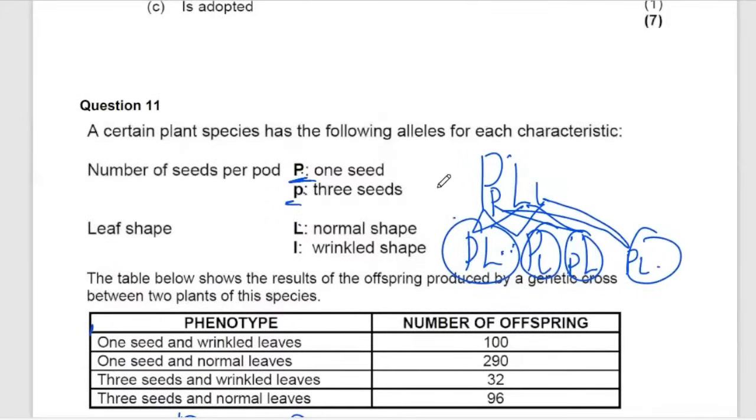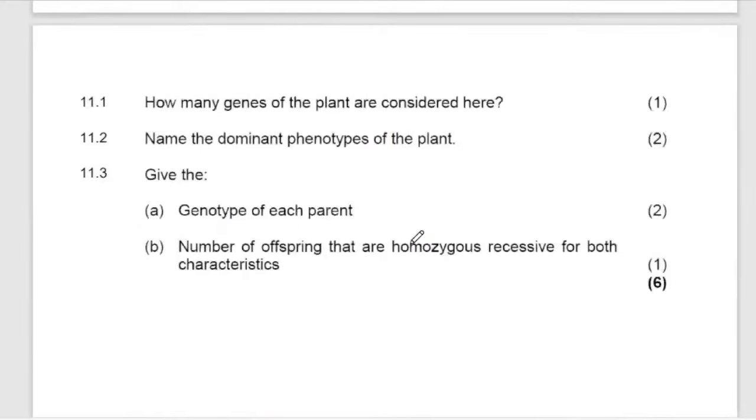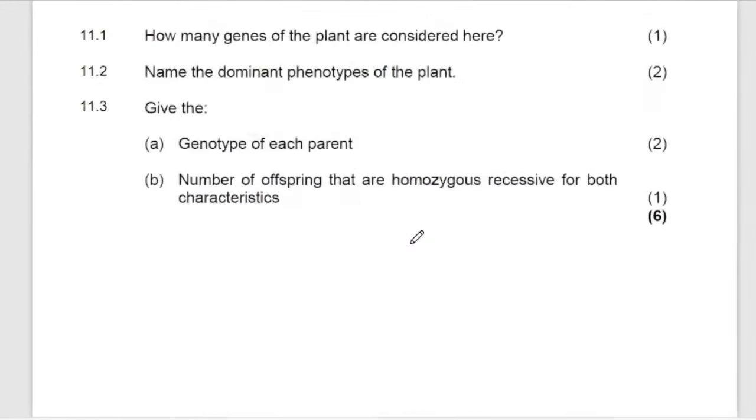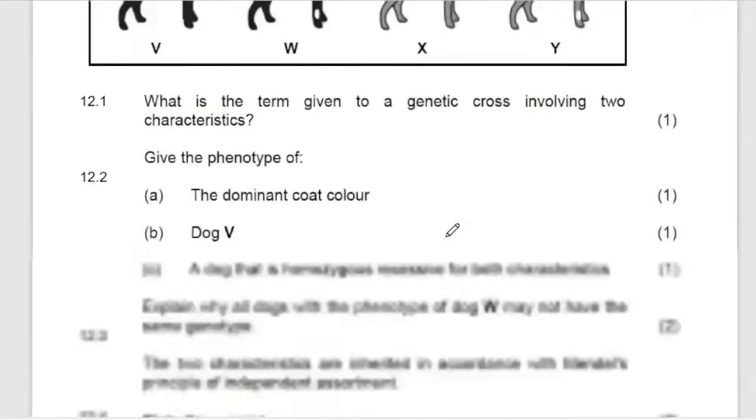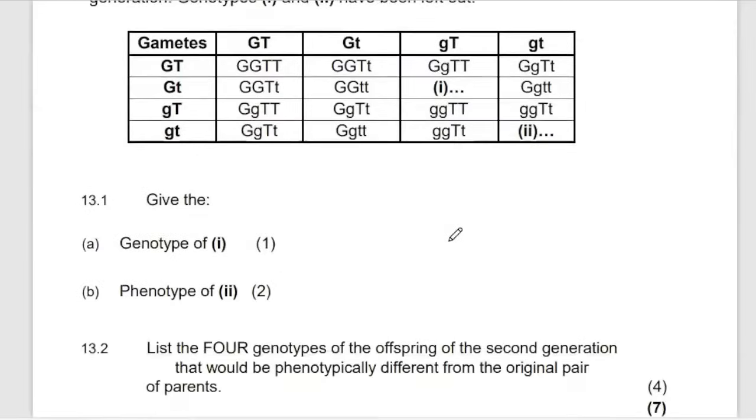Depending on whether you see them here, it's 1, 2, 3, 4. But there are two genes: genes for the number of seeds per pod and the shape of the leaf. So guys, the dihybrid is simple. Just make sure that you do it. It's the same thing here. No one is going to ask you to